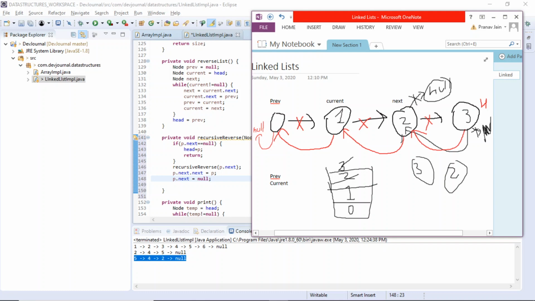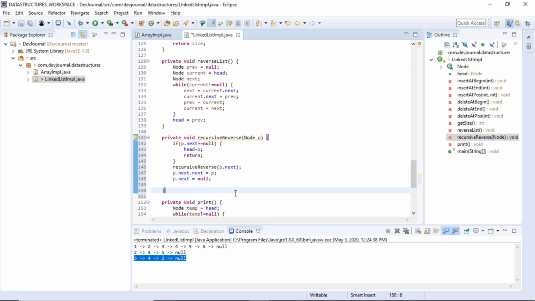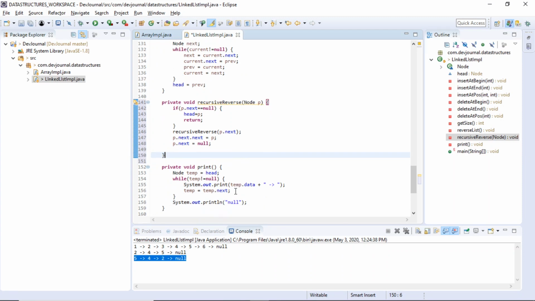So we again relink it to 1 here, and now p.next equals null. We break this link and say p.next equals null. Similarly, we'll do the same for the whole array, and we will just simply reverse it using the stack. So this is the logic behind reversing the linked list using the recursive method.